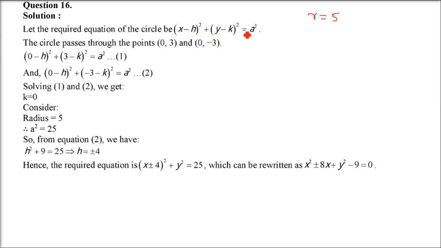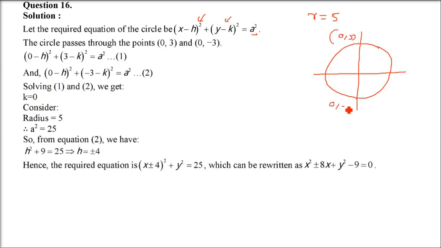The equation will be what? On either side of the y-axis, it's cutting 3, 3. It does not mean the radius should be 6. The radius is 5, so it is not actually cutting totally. It's making a chord here of 3, 3. So this way you can understand, but it's not like this, the center is not in between. So (0, 3) and (0, minus 3) are the points on the y-axis it's cutting. So what we'll do here: (x minus h) whole square plus (y minus k) whole square equals a square.